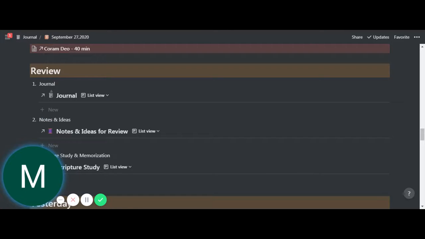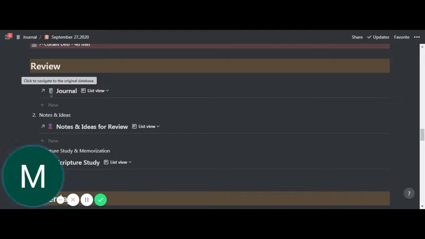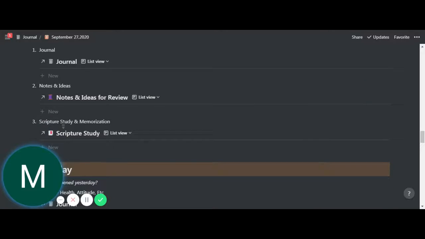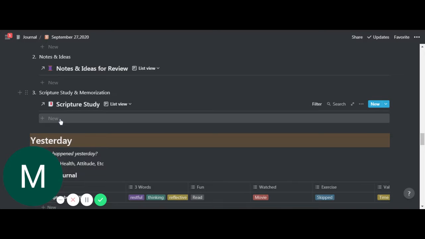This I added yesterday, so this is just a review section of anything that comes up in my review database. So if there's anything from this day, last year, or any years prior, that'll show up here. Any notes that I want to review on a regular basis, whether that's daily, weekly, monthly, quarterly, whatever, I can do that here. And then if I want to review any kind of sermon notes or scripture memory, I can do that here. So like for a scripture memory verse, I would put the review day as one day. So it would show up the next day.